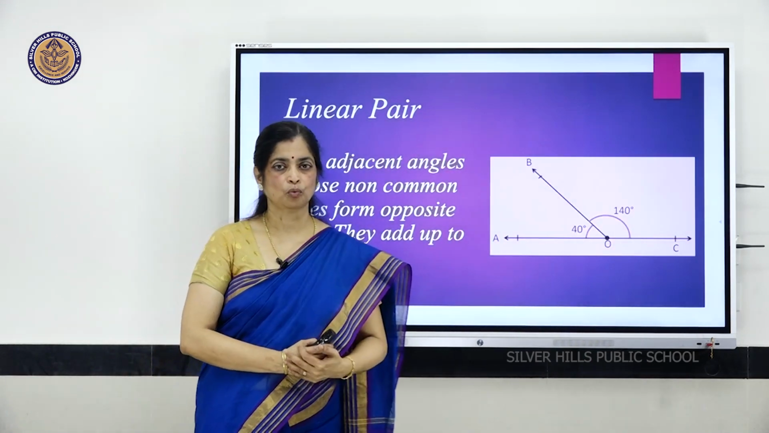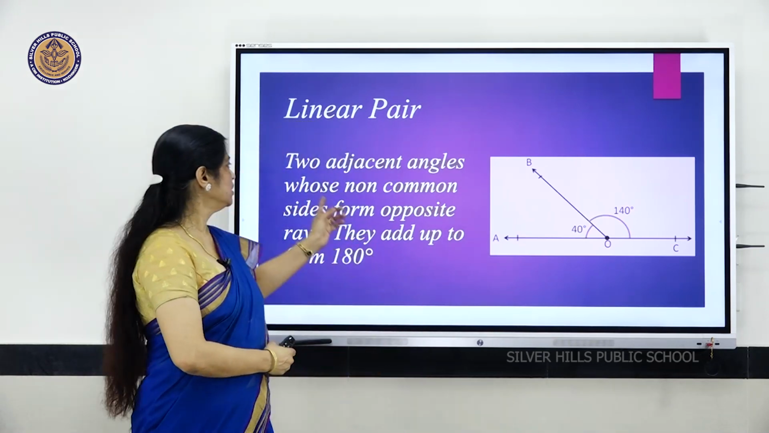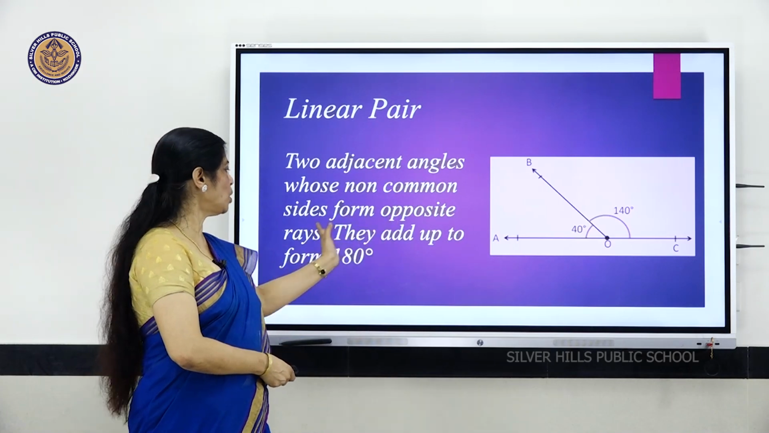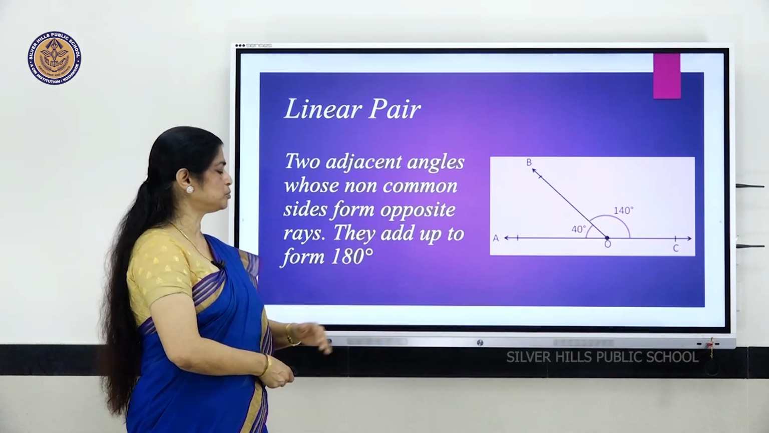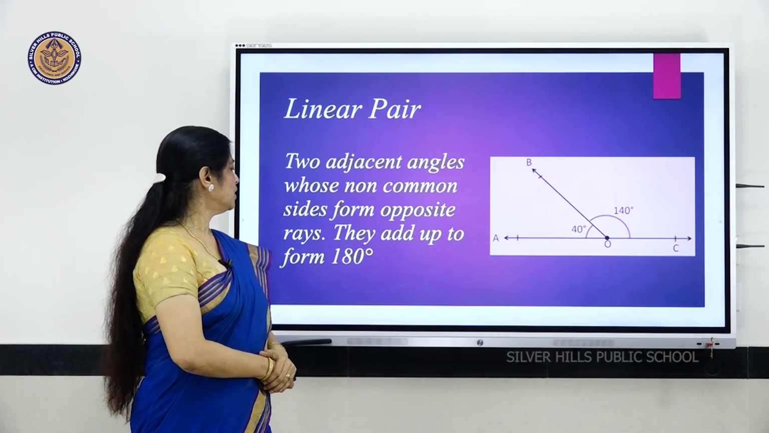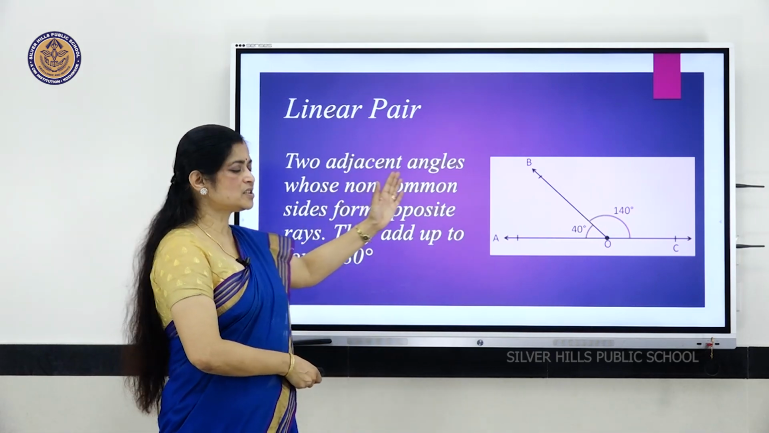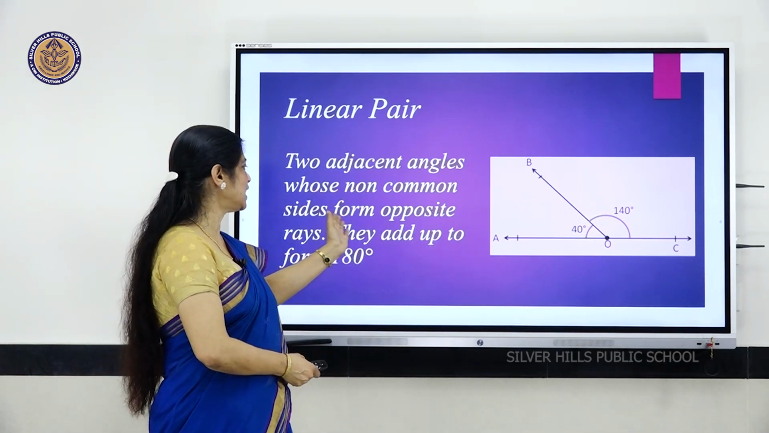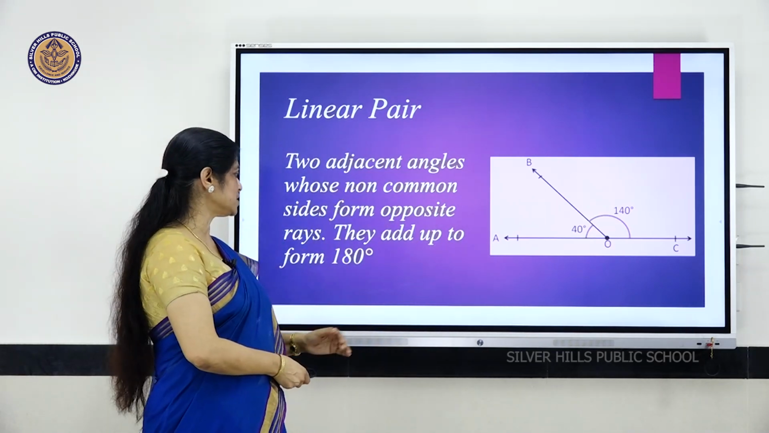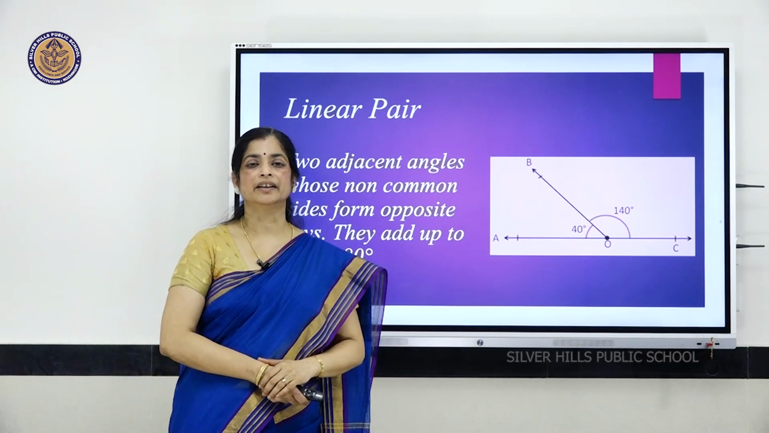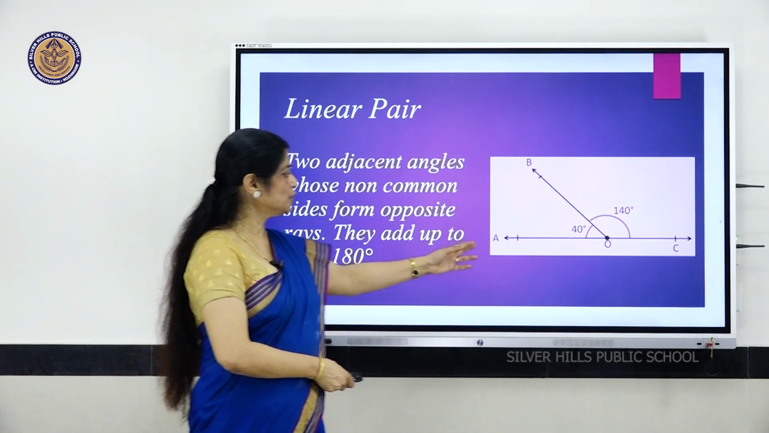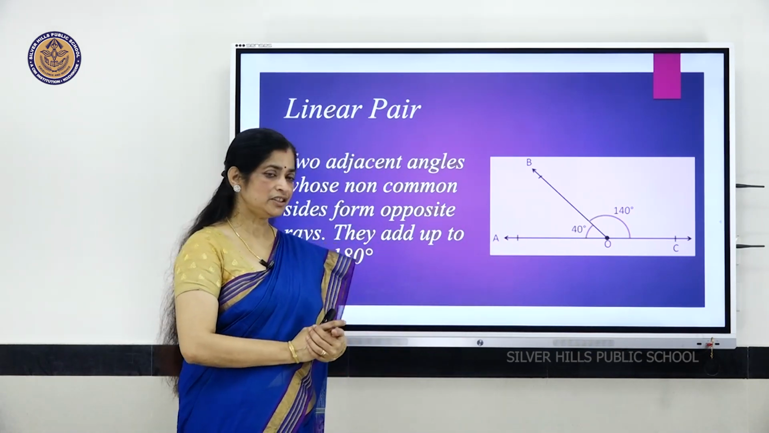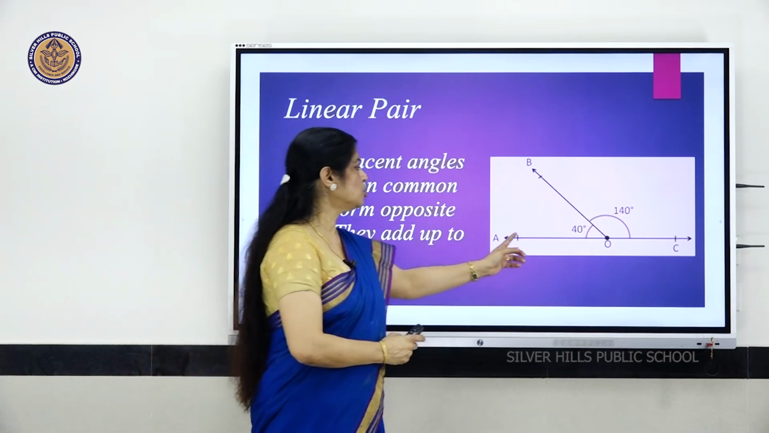Linear pair. What are linear pairs? Two adjacent angles whose non-common sides form opposite rays, they add up to form 180 degrees. In the figure, you can see that they are adjacent angles, but the condition here is the non-common